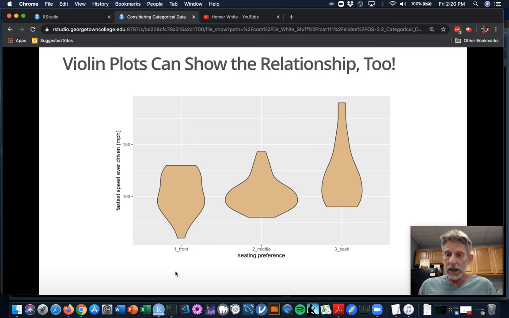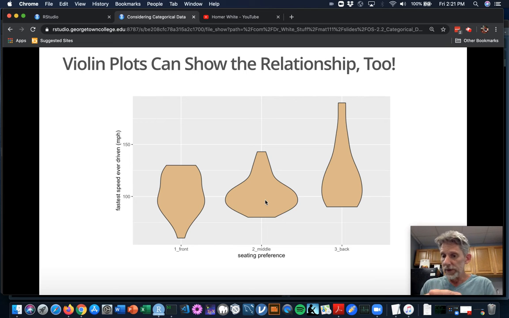And what they really are is they're density curves for each of the 3 groups, stuck against each other in a mirrored way. So I'm going to illustrate this for you. This is not something you're going to have to do on a test or anything, but I'm just going to show you how this little violin plot relates to a density curve for the fastest speeds for the people